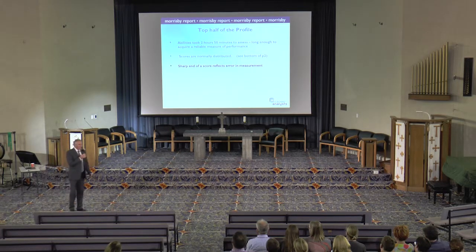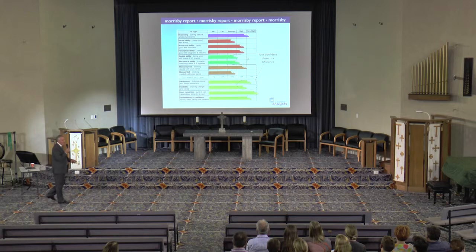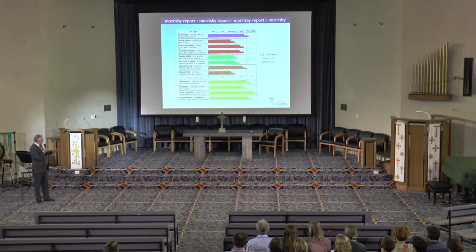So we need to know whether one score is actually stronger than another before we make any inferences about it. And that's what standard error of measurement is all about. Essentially, the greater the difference between two scores, the more we make of it in the report. Now here's an example, just so that's clear. When we look at the two green bars, we can see mechanical is slightly stronger than spatial on this occasion. But because of the error in measurement, we're not at all confident that that's the case. If the person had retaken the test another day, we might get a different picture. So the system would make nothing of that level of difference.